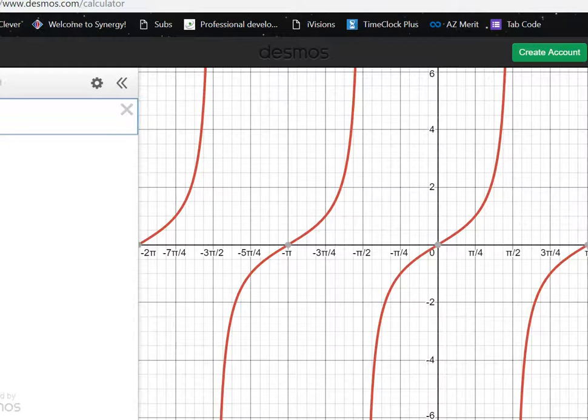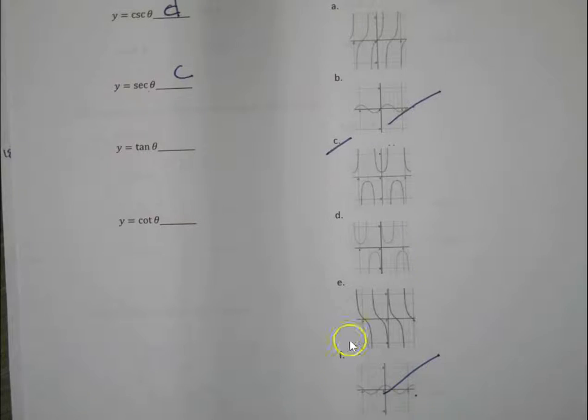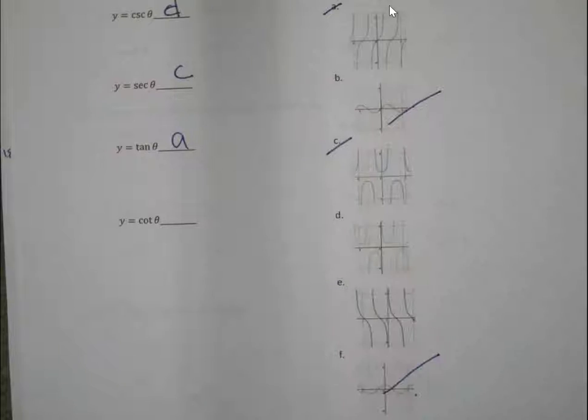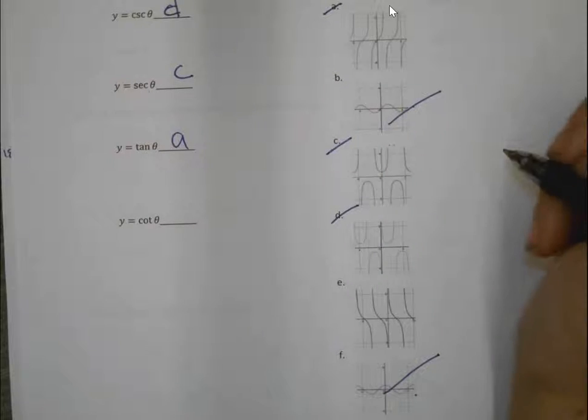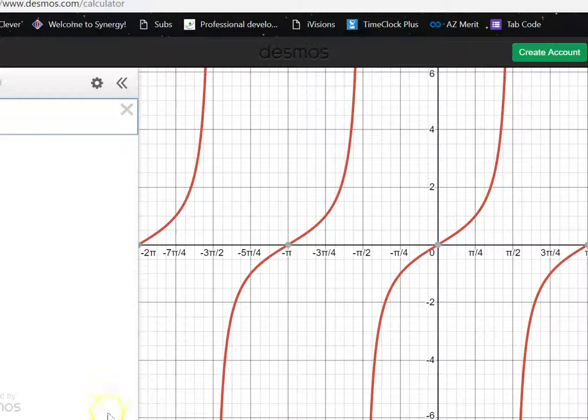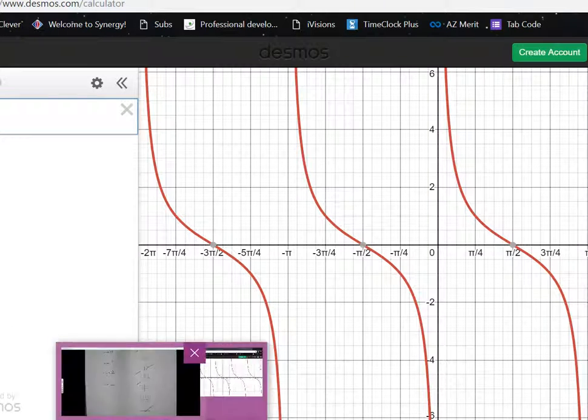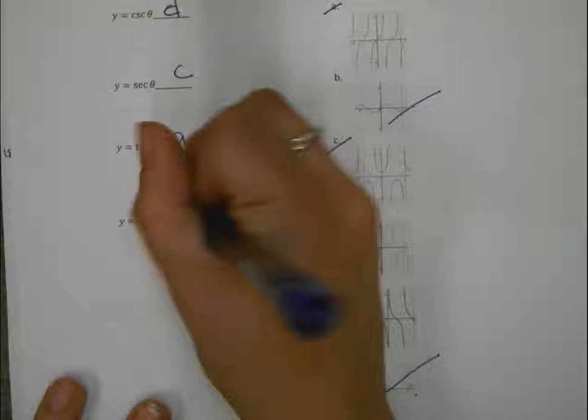This one is a squiggly line going up. I look on here, squiggly lines going up towards the right are A. And then cotangent is the inverse of tangent, which would leave me E, but let me show you what it looks like. This is cotangent, so there's going to be lines leading to the left. So I'll put that over here. This would give me choice